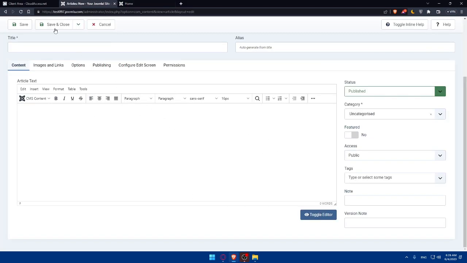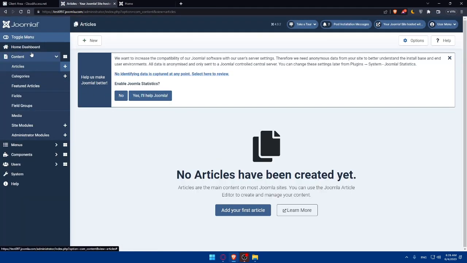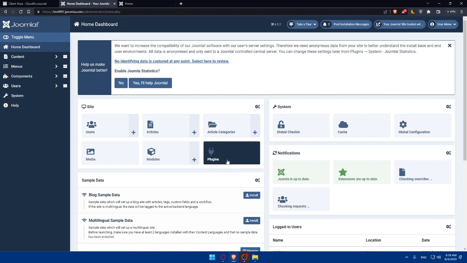So make sure if you edit everything, just hit this save button, or save and close if you are not going to finish. So for me, I'm just going to hit the cancel button. And as you can see here, let's just go back into the dashboard. If we click here on plugins as an example,